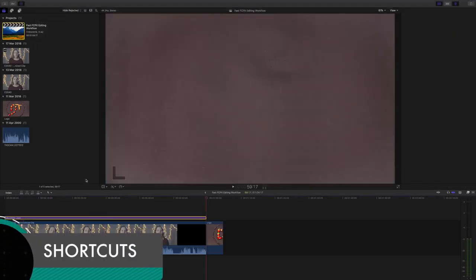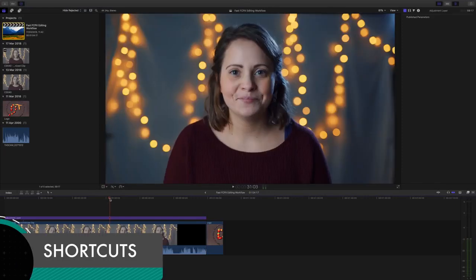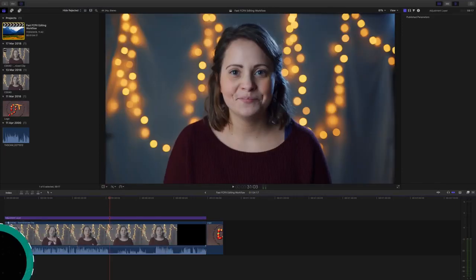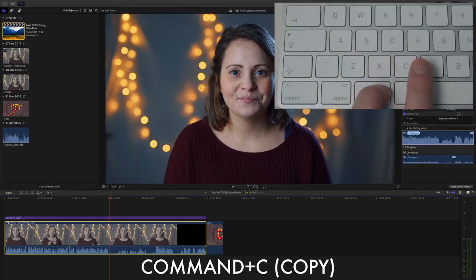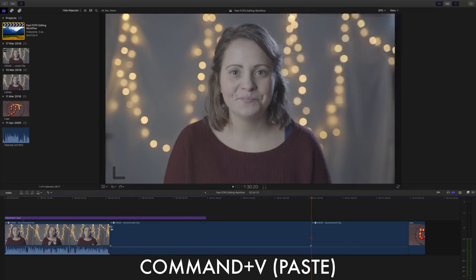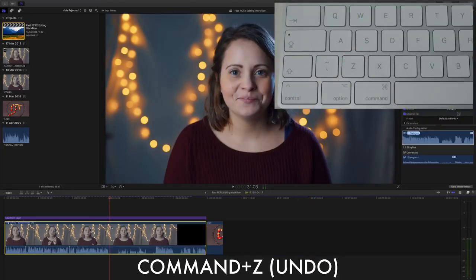There are so many shortcuts you could remember with Final Cut Pro, but I think you can get by with just the basic ones. I'm not going to run through many, but these are the ones that I use all the time, and they will save you so much time if you just memorize these ones. Of course, there are the obvious ones which everyone should know. Command-C to copy, Command-V to paste, Command-Z to undo,